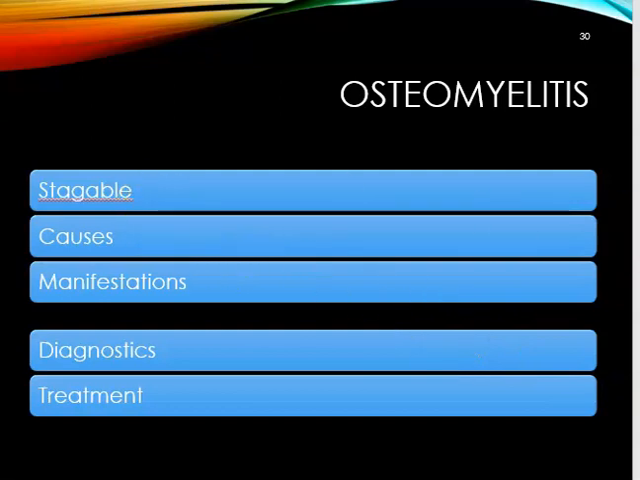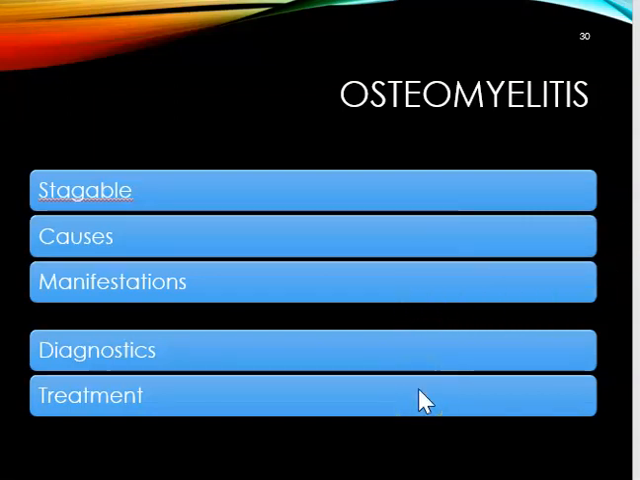Osteomyelitis, that is going to be an infection of the bone, and it's most often going to be Staphylococcus aureus. This can be staged, so it's stageable as acute, subacute, or chronic. The causes of this are going to be